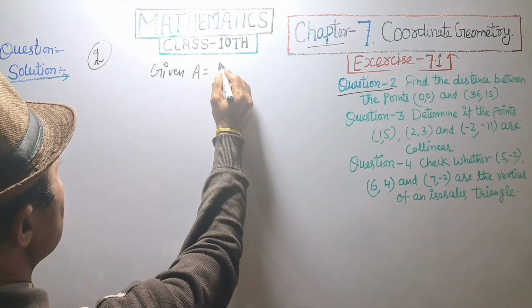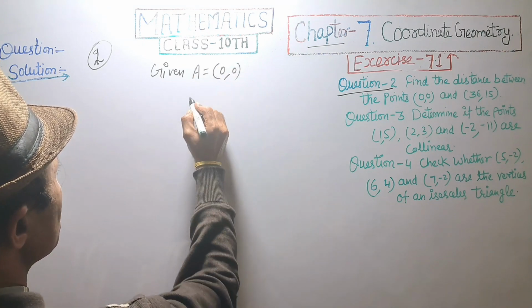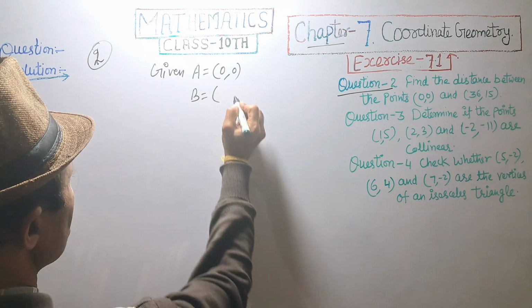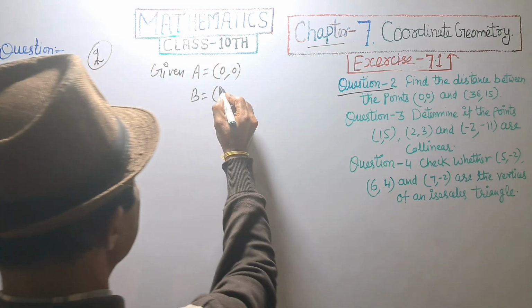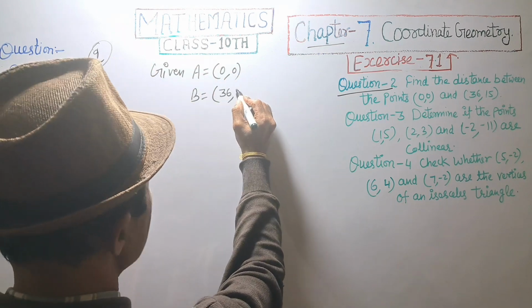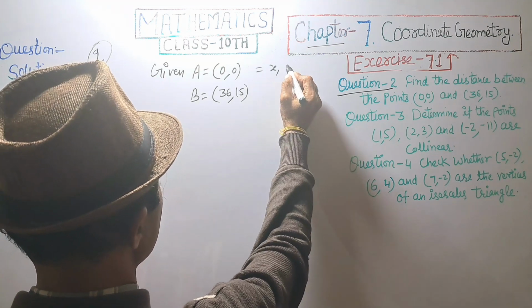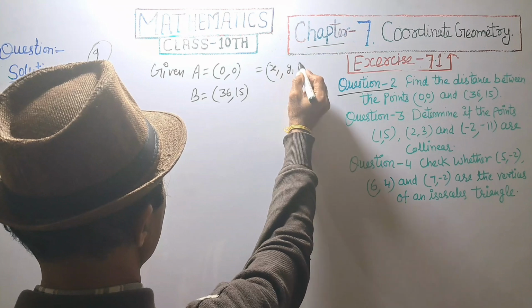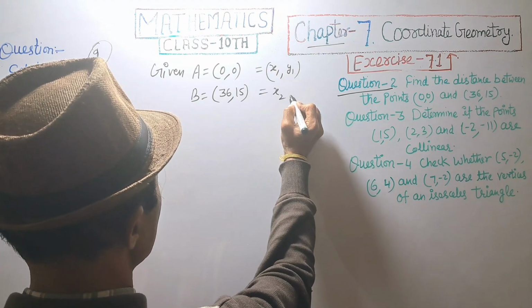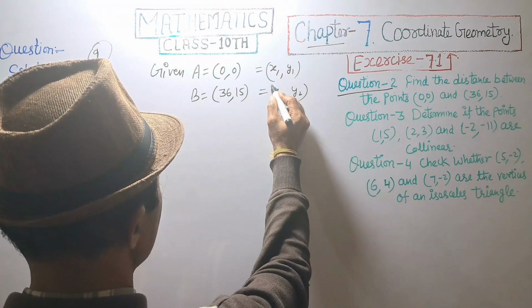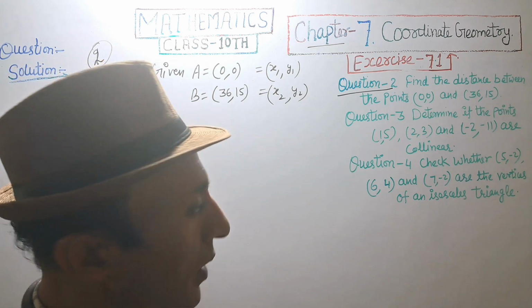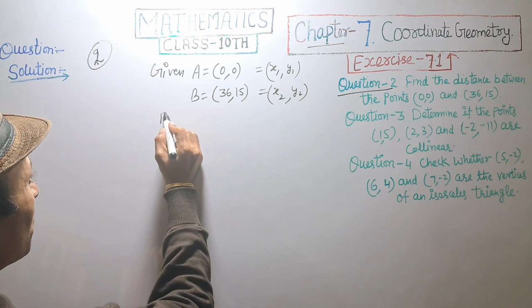Given A is equal to (0, 0), B equal to (36, 15). That is x1, y1, x2, y2. By distance formula,